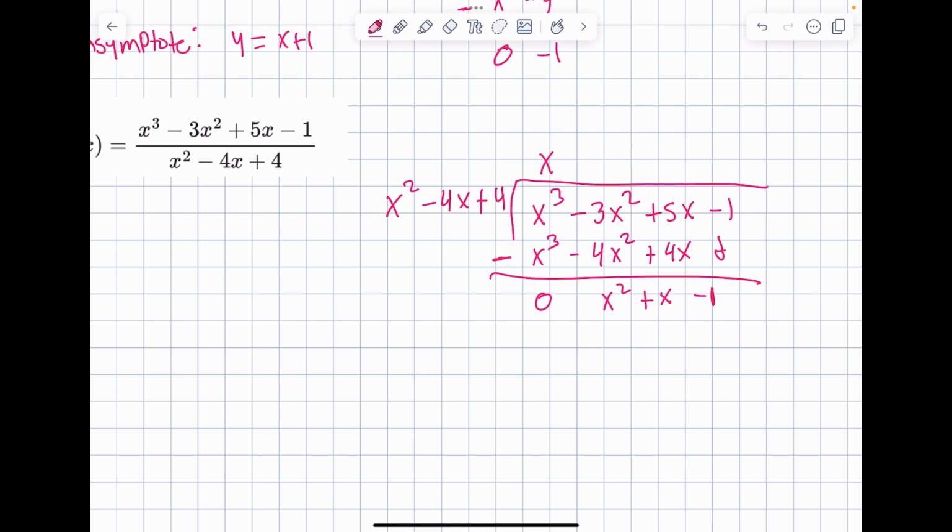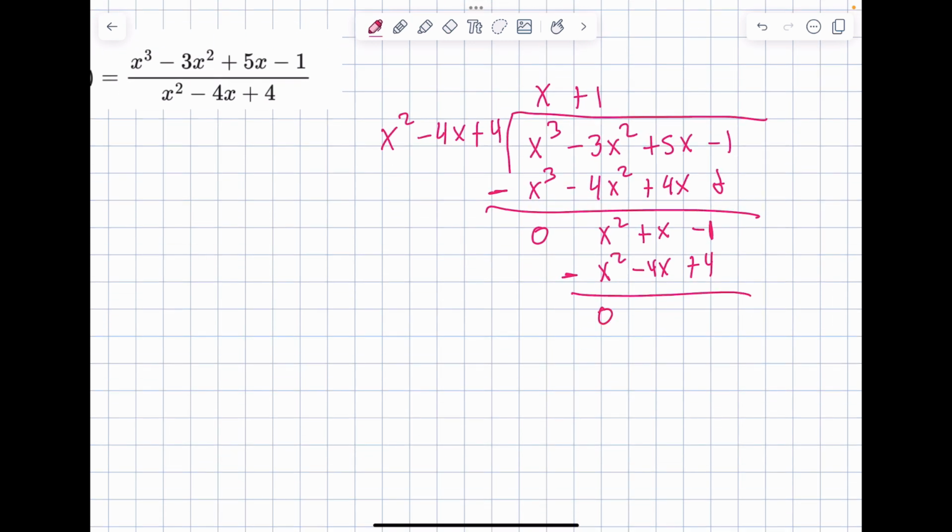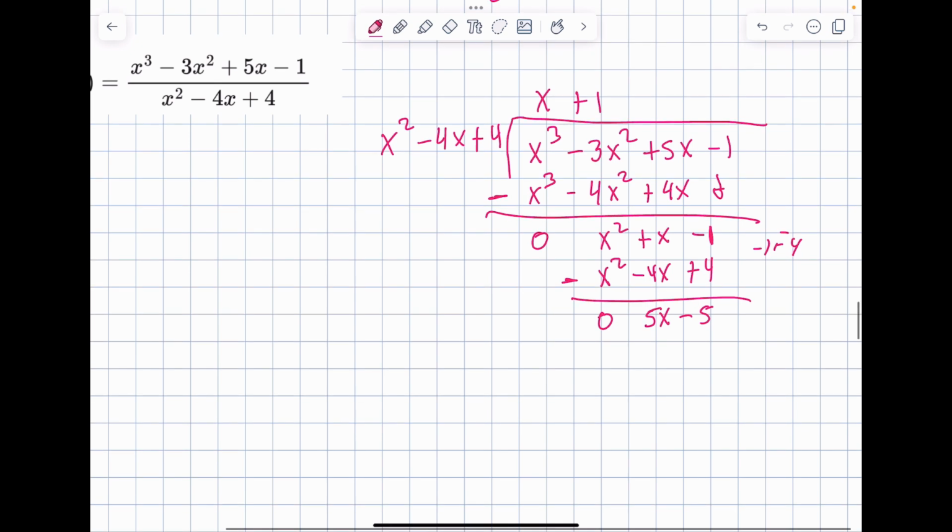x squared goes into x squared exactly 1 time, and then now we're left with x squared minus 4x plus 4. We subtract them here, we get 0. Then we get 1x minus negative 4, so we're adding them, so we get 5x. And then negative 1 minus 4 is negative 5. So then we write this as plus 5x minus 5